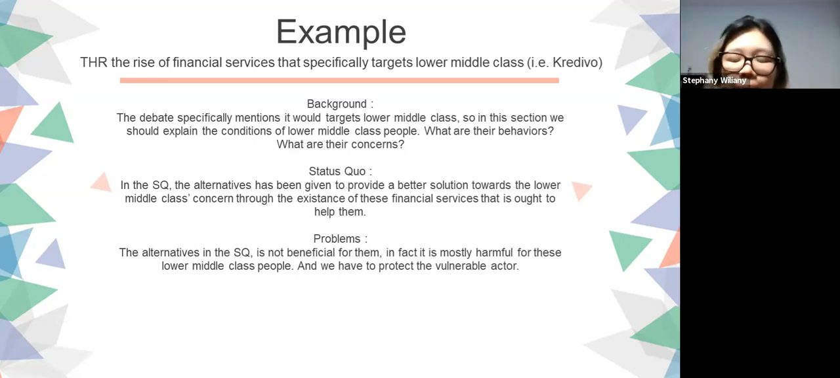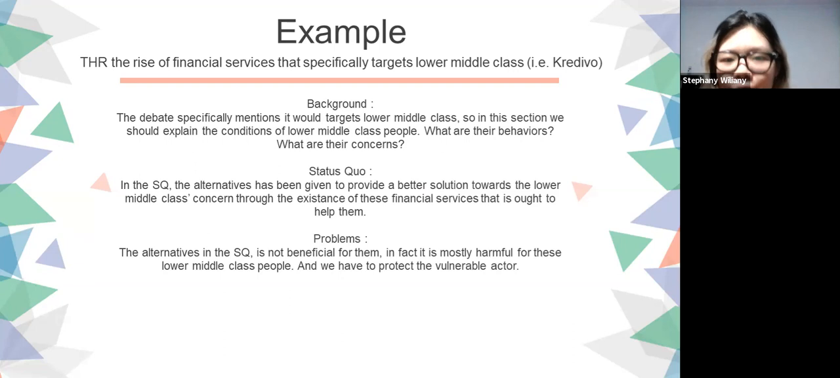And moving on towards the problem, I say that the alternative in the status quo is not beneficial for these lower middle class people. In fact, it is mostly harmful for these lower middle class people. And we have to protect the vulnerable actor, in this case, lower middle class people, right? So